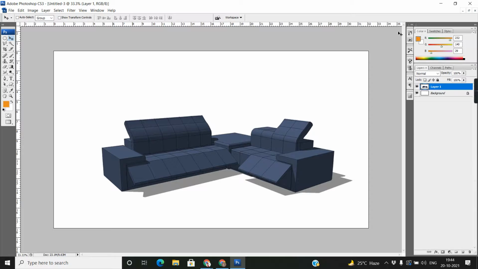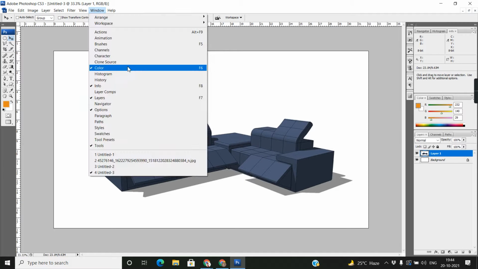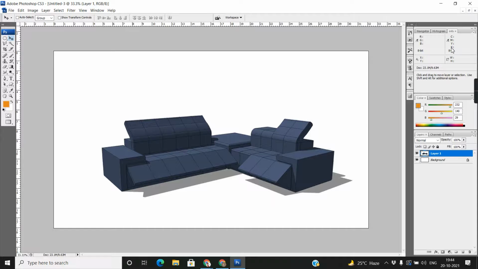Press F8 for the Info panel. The color is F6. Press F6 and you will get this color bar, swatches and styles. See, if I mouse over here, look at the value of the CMYK color.